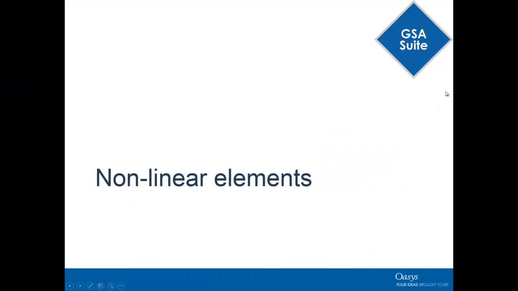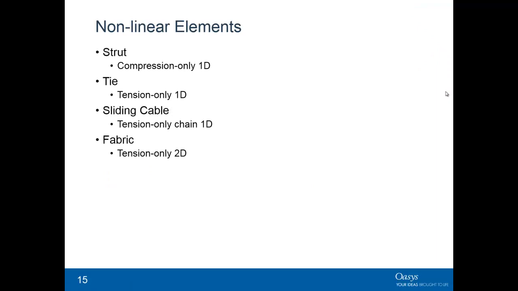We have a number of nonlinear elements in GSA. Struts and ties you may well be familiar with. These are bar elements which are compression only and tension only, so no moments on them. There's one called a sliding cable, sometimes referred to as just a cable. This is a tension only chain element, which means the elements with the same property number need to be in